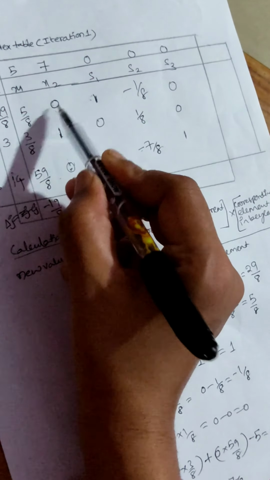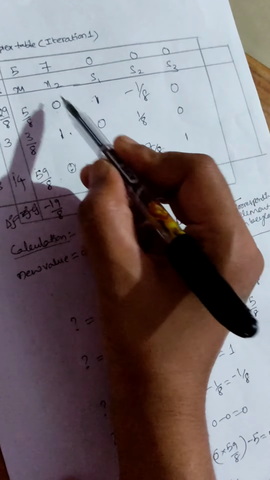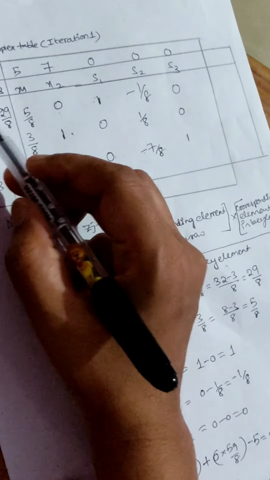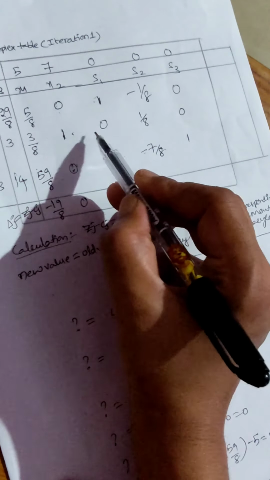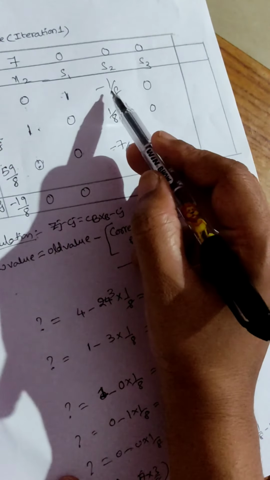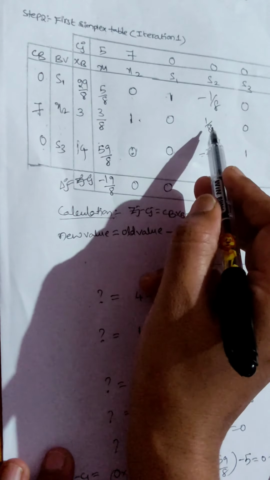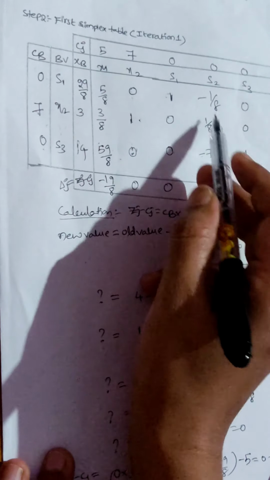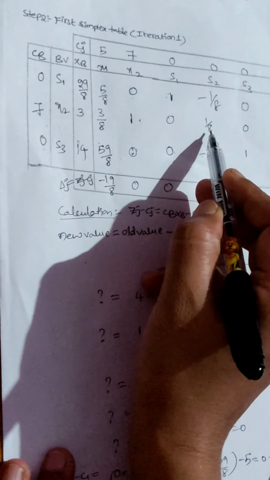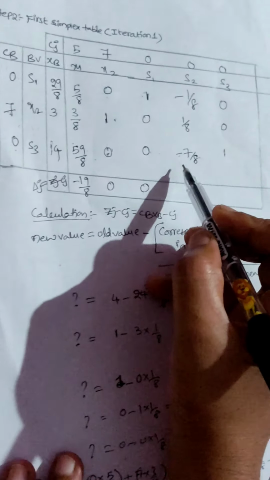0 into 0, 0 plus 7 into 1, 7 plus 0. 7 minus 7 is 0. 0 into 1, 0, plus 7 into 0, 0 plus 0. 0 minus 0, 0. 0 into minus 1 by 8, 0. 7 into 1 by 8, 7 by 8. Before it is 0, 0 plus 7 by 8, 7 by 8. 7 by 8 into 0 again, it is